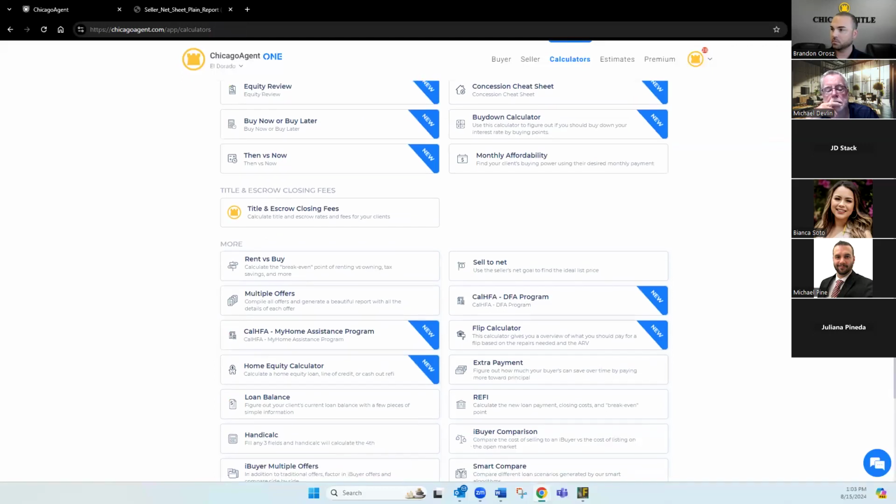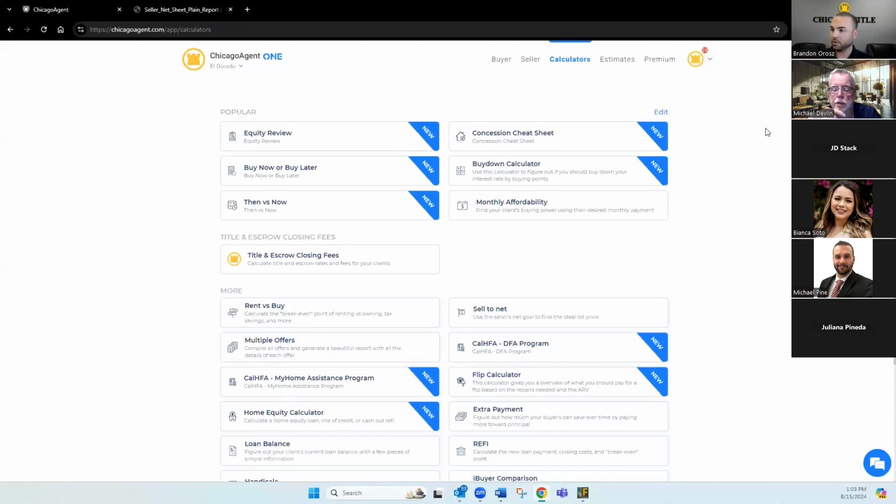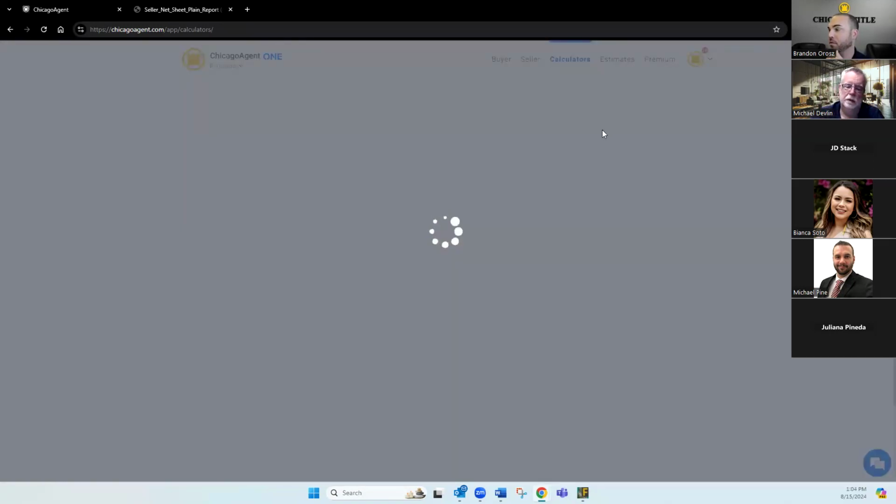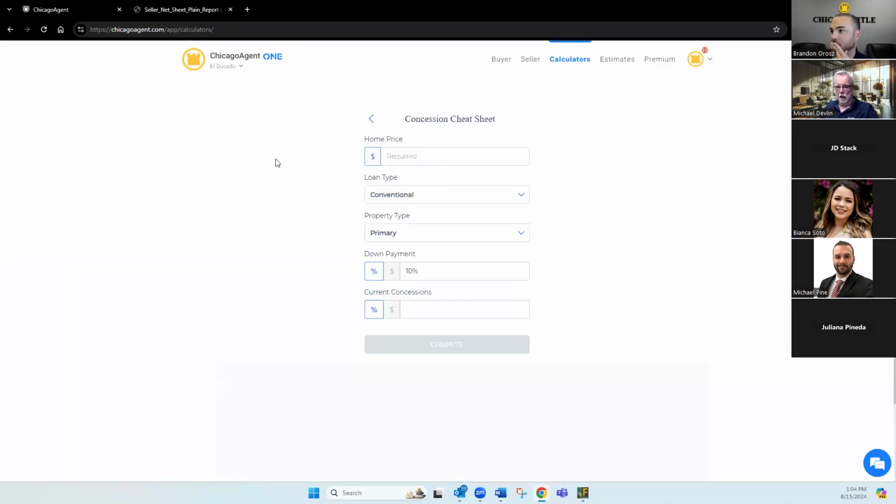All right, why don't we look at the concession cheat sheet? Now, as I was discussing yesterday morning and maybe a little bit before, when I was talking to Jody while we were doing this,